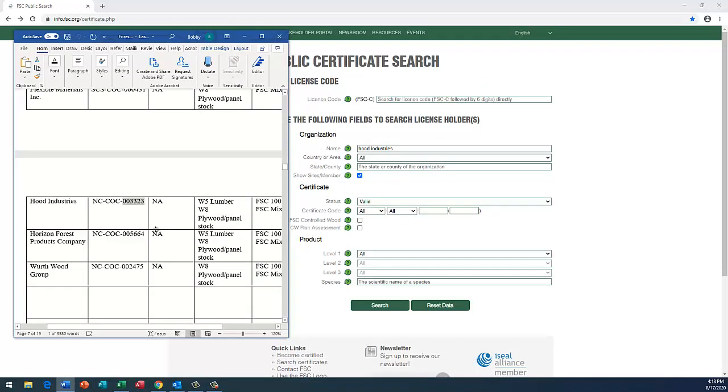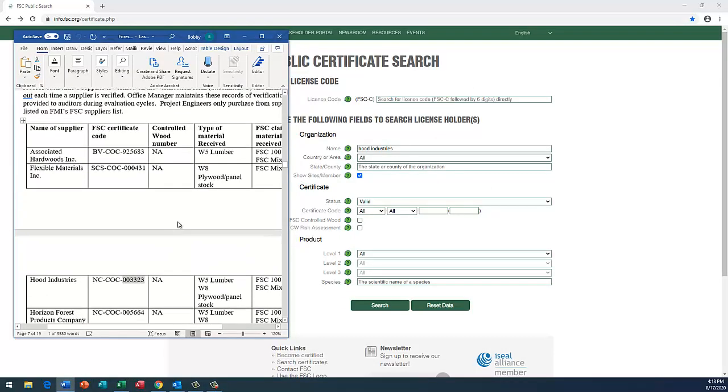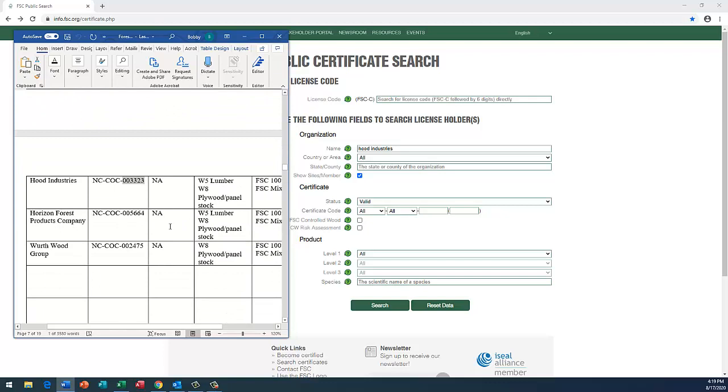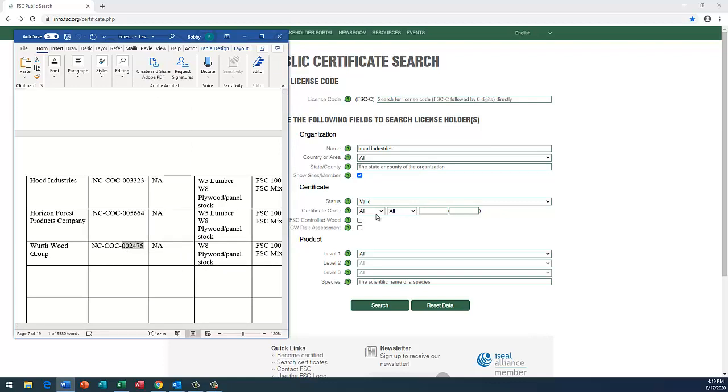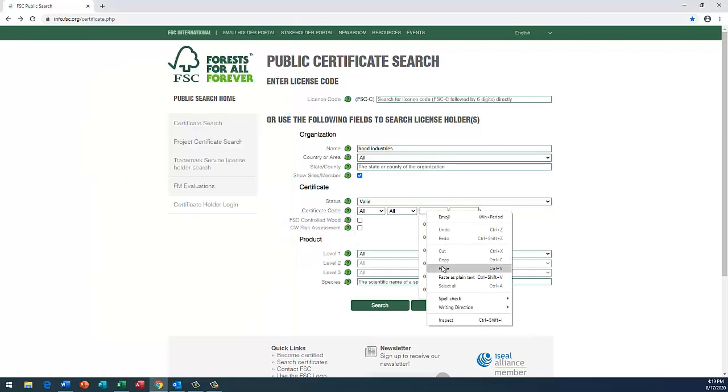Let's pull up the suppliers list again. Let's look for another one. So let's look for Worth Wood Group here. So that number is 002475. So I'm going to type that in over here again, and across from certificate code, this third window,